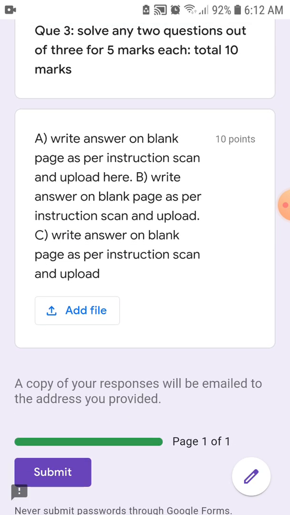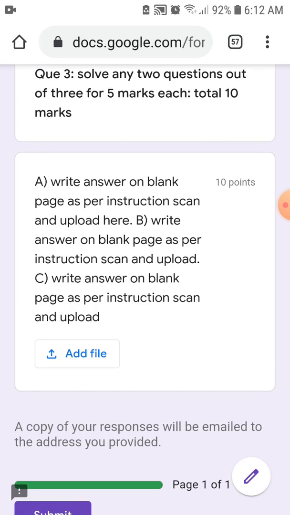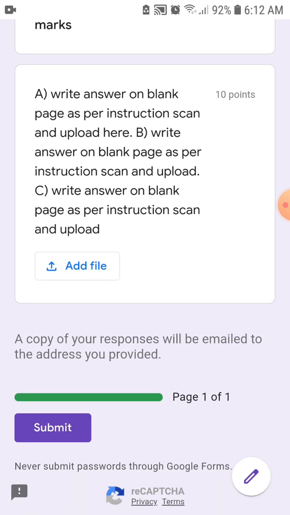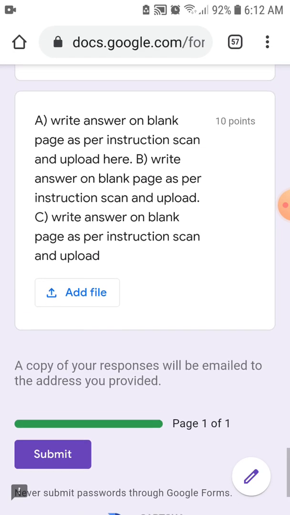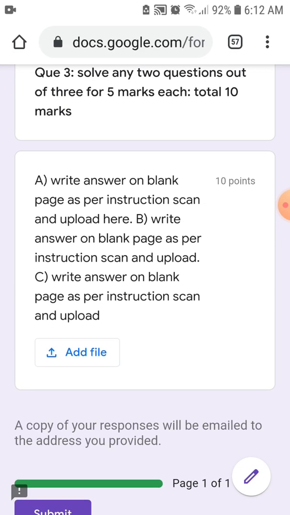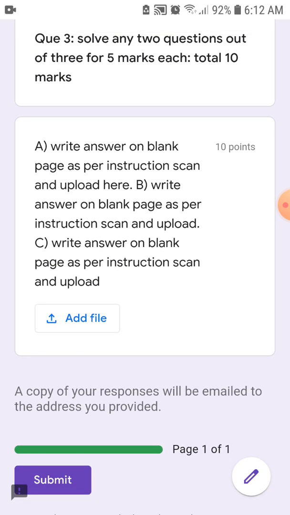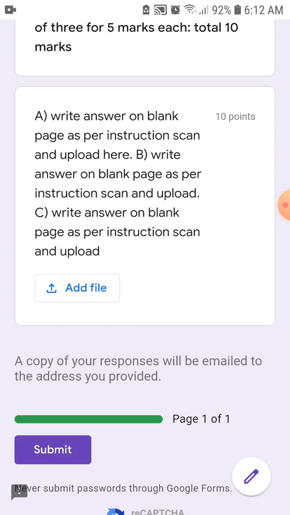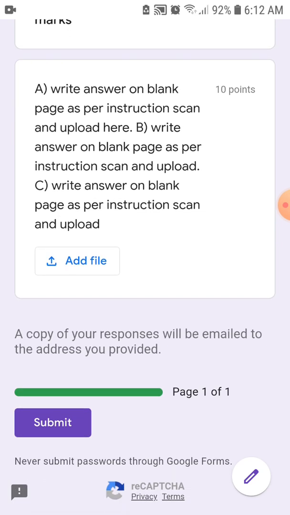Again, by writing on the blank pages, as instructions are given to you: name of the student, roll number, subject, second sessional examination, date of examination, and again continuously, if you are solving question A and question C, so on in a continuous manner you have to scan all the documents, all the pages in a single PDF file.